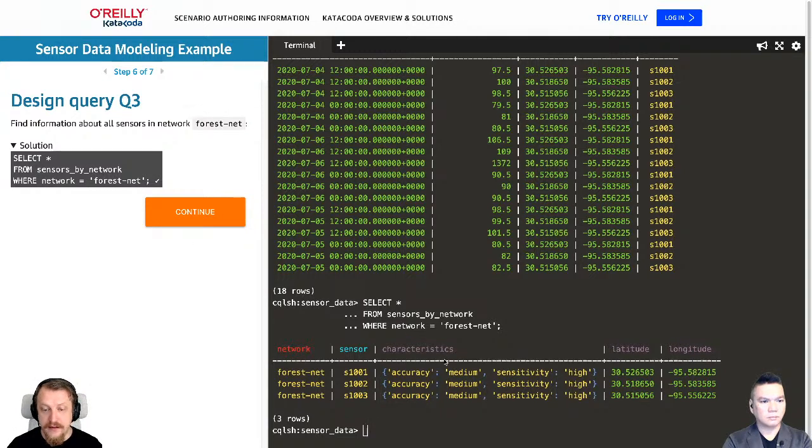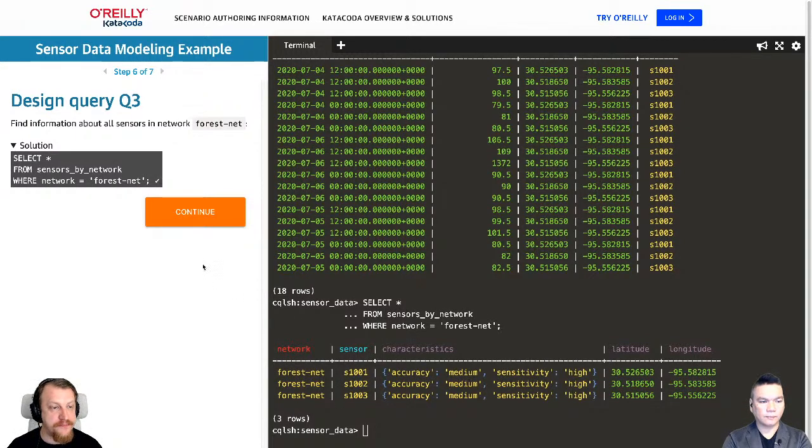And by the way, notice characteristics is a simple key value map. There are no bounds. You may use any values, and different sensors might have different characteristics. Some of them may have accuracy and sensitivity, and some of them may have accuracy and sensitivity, but also, I don't know, model name, for example, and some of them may not have that, depending on how you create this data. It's completely fine, so you can have multiple different keys here. That's pretty convenient to use. Different rows may have different characteristics.